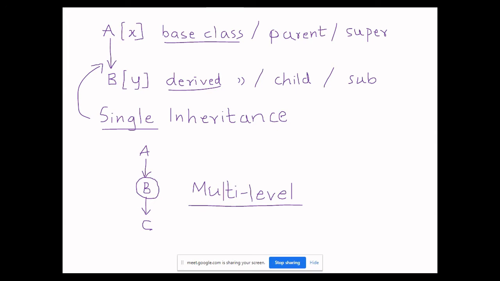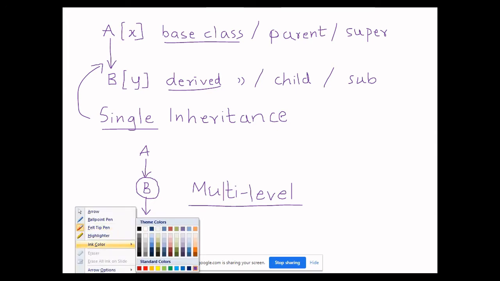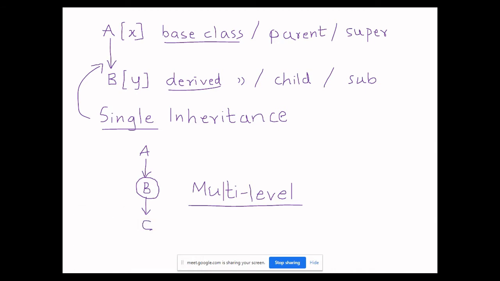Single is very easy to understand, just one base class, one derived class, and multi-level, A to B, B to C. In a single line you are going to inherit, and whatever classes you have in between, they act as both base as well as derived.